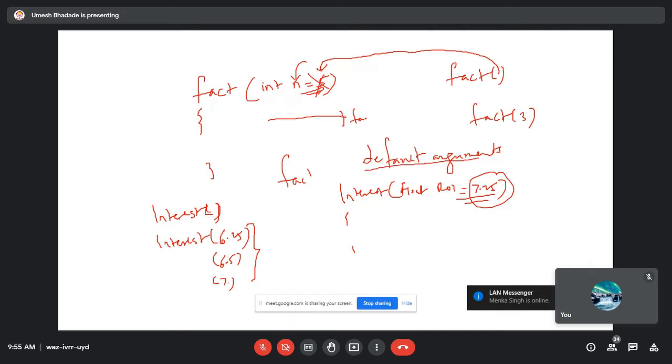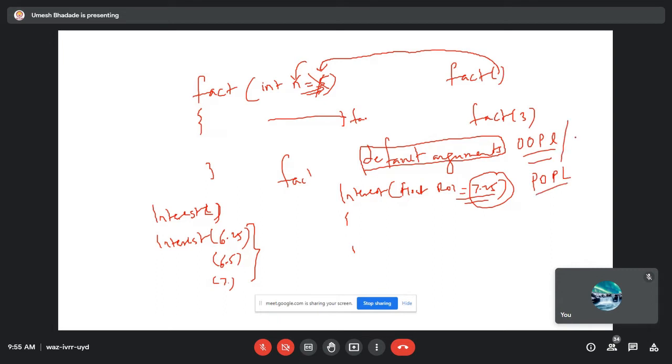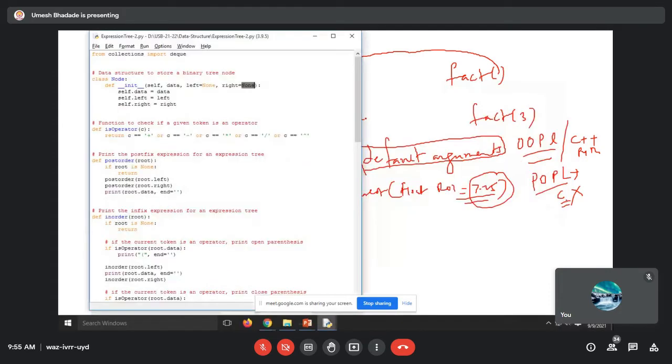Okay, so this feature is available in object-oriented programming language, right? This is not available in procedure-oriented programming language. That means in C++, Python, Java, these features are available, but in C language, which is a procedure-oriented language, this feature is not available. So we can make use of this feature, and if nothing is passed,